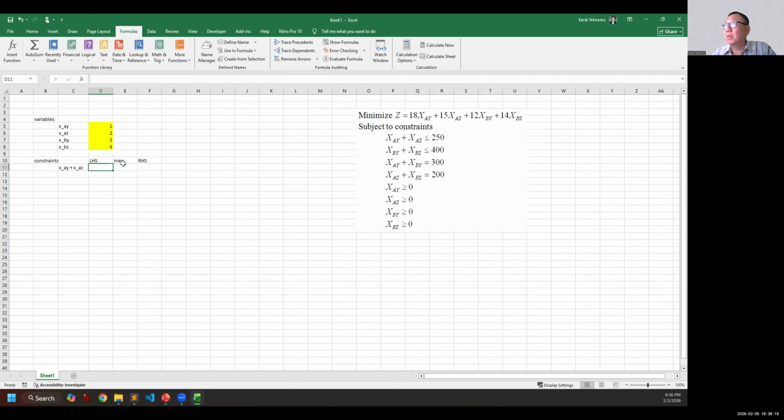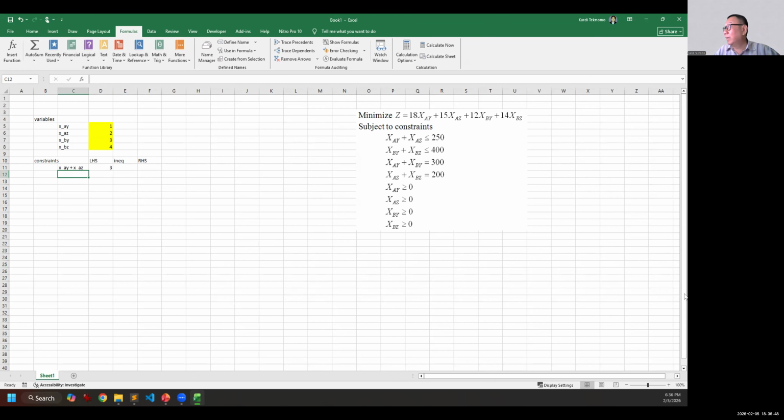So then what you will do, you have equal x_ay, this one. See, you will see now in variable, right? And then plus x_az there. So of course 1 plus 2 is 3.